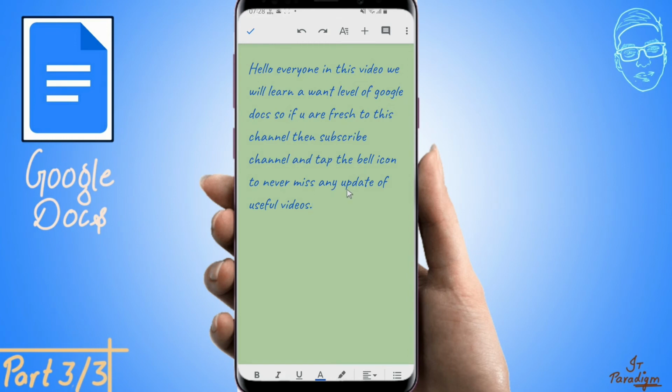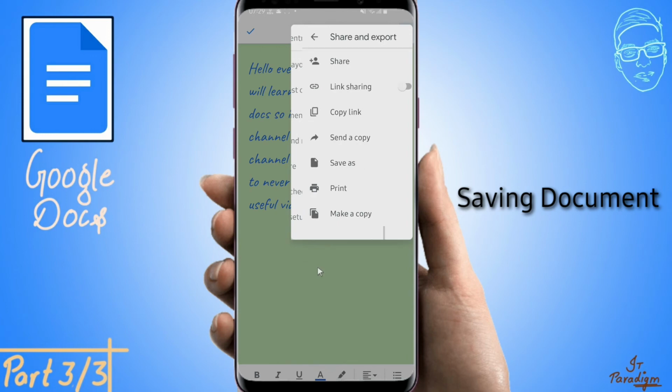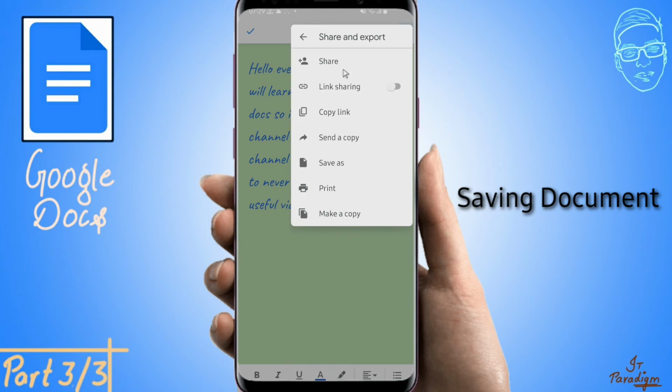Moving ahead, we have the option of saving. How can we save this document to document format or PDF format or any other format? Go on these three dots on the upper right corner. We have share and export. After tapping, we will have the menu. We have the option save as here, the third option from the last.